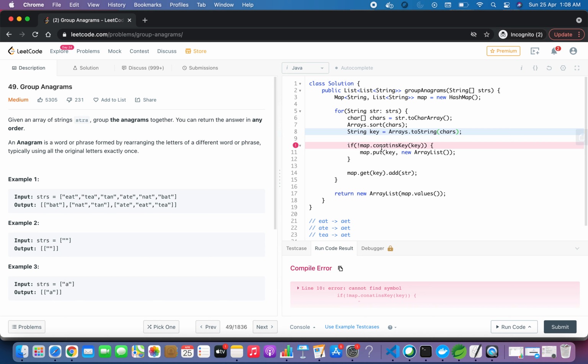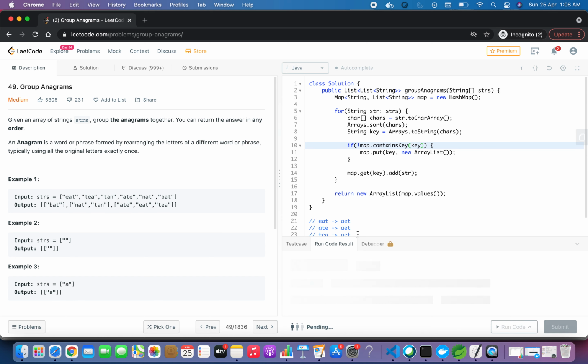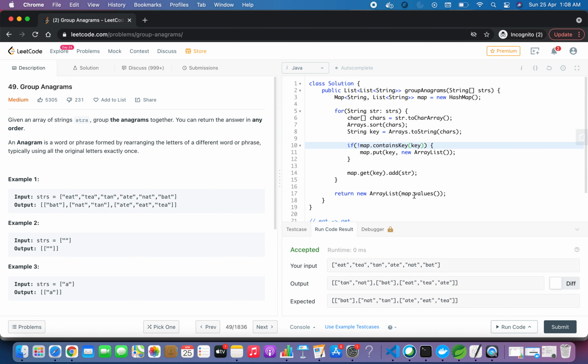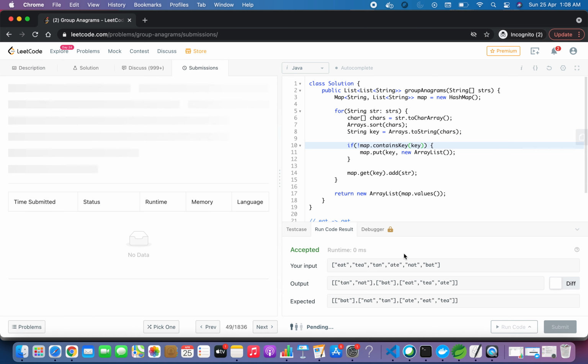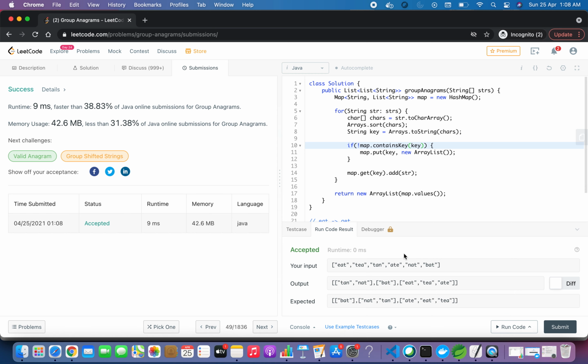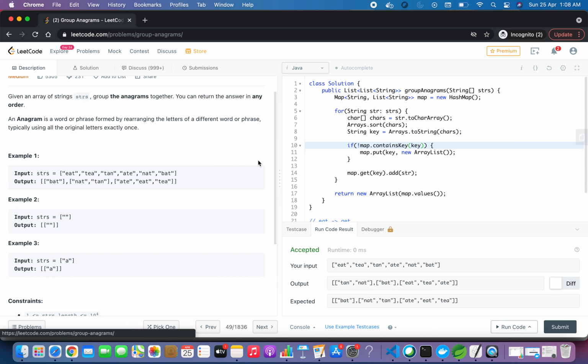Again we have an issue: the spelling of containsKey is wrong. Now this is getting accepted. Let's go for submission and see. Yes, it is getting submitted as well, so we are passing all the test cases with this solution.